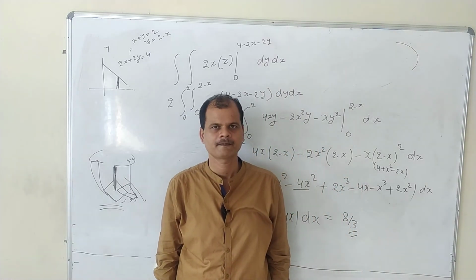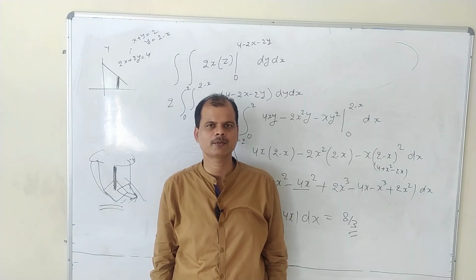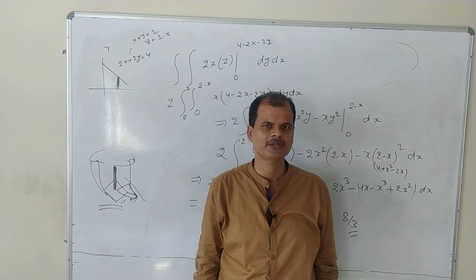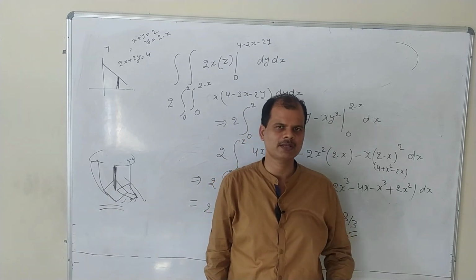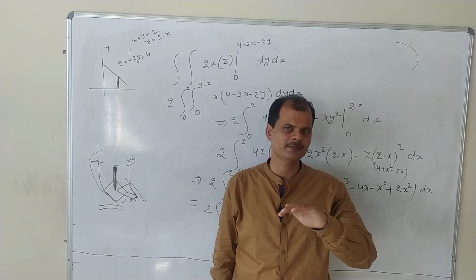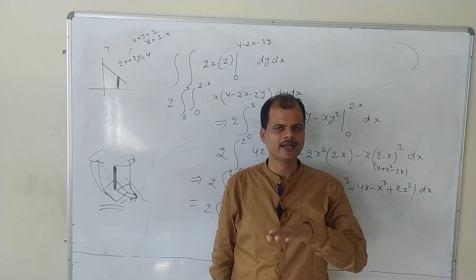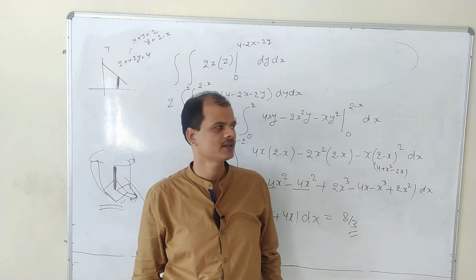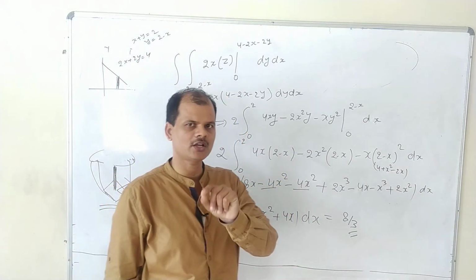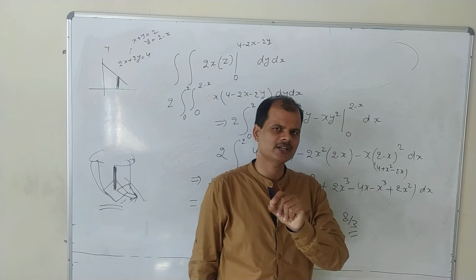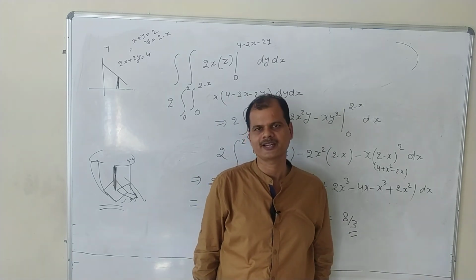And this was the volume integration. Actually in the volume integration, the only thing we need to take care about is the x limit, y limit and z limit. So basically the z limit will be the height of that pyramid. So you can take from the xy plane to the height, to the surface. If you want to get the x and y limit, you have to come on the xy plane, then the y limit will be a function of x, and finally the last limit will always be constant. So here the x limit will be constant, because to get the x limit we have to come on the x axis, there y and z will be 0, so we get only the constant limit.